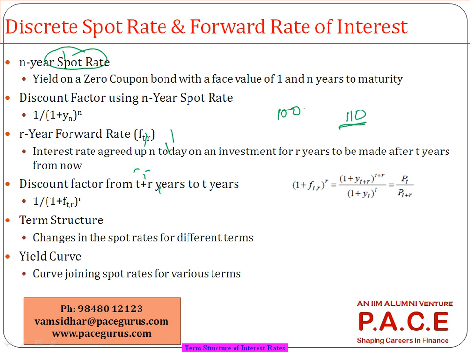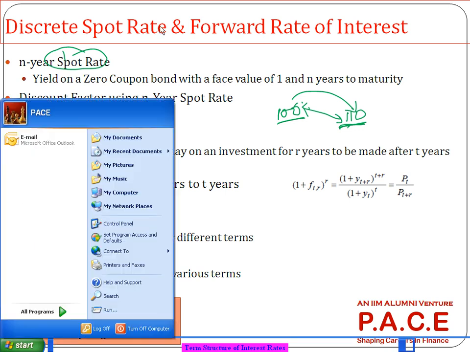So this is a zero coupon bond because there are no intermediate payments between the initial date and the maturity date. So we call it a zero coupon bond, and whatever yield this bond gives over the maturity period on an annual basis is what we call an n-year spot rate. For example, we have